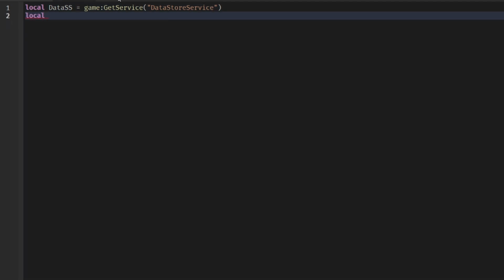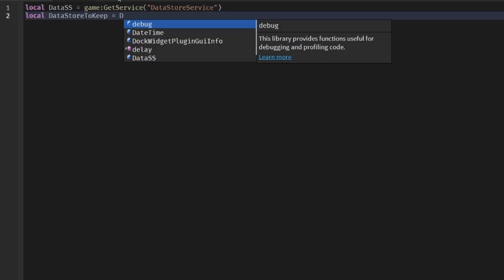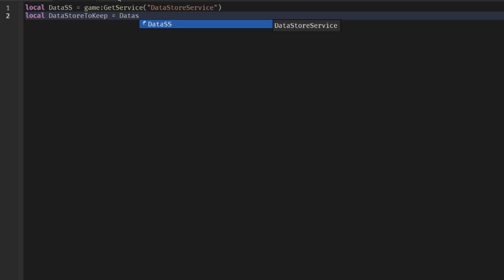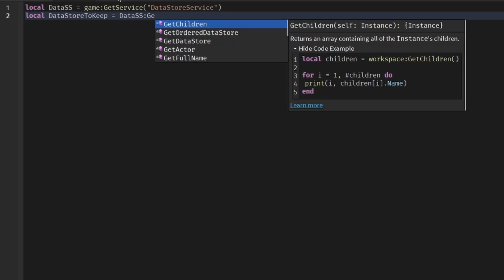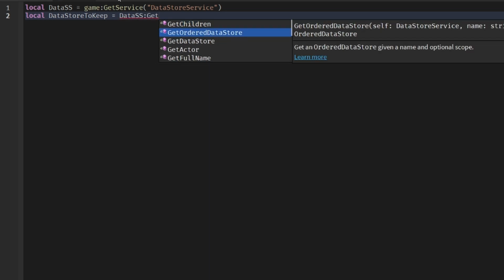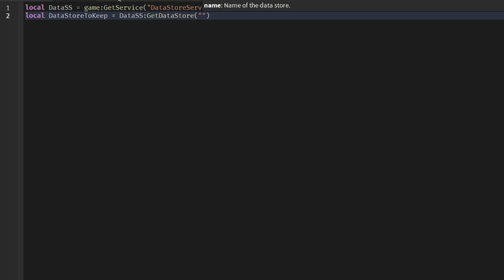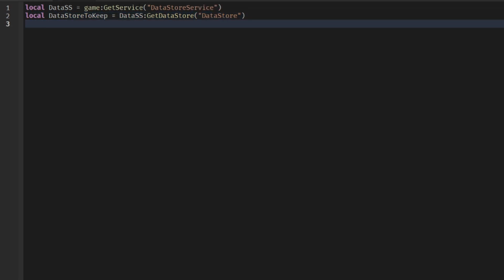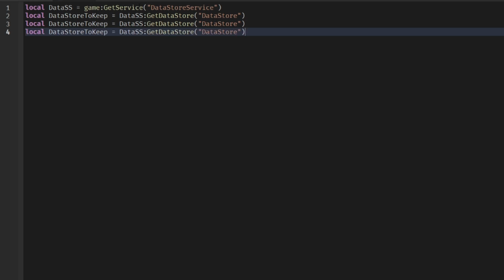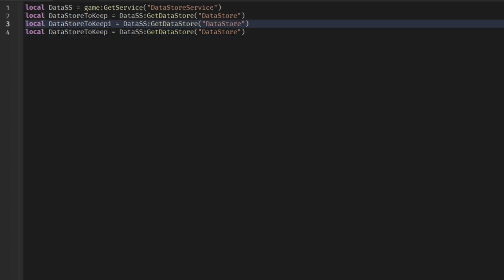We can also do data store to keep equals DSS:GetDataStore and then the data store name, and we can copy this line and do it 3 times more, so 1 and 2, and we can add a 1 and a 2 here. Okay,